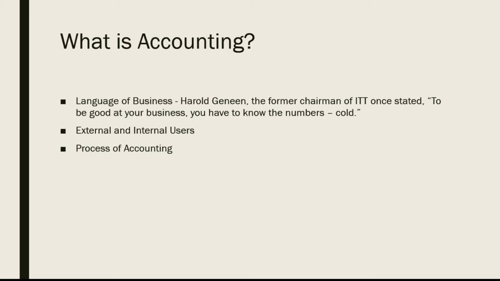There are different types of information that you can get from an accounting system. You get the operating information, which basically discusses how you track your cash, how you pay your bills, the types of cash that you've received for your sales, and changes in your financial records. And then you have financial information that communicates your financial position to banks and creditors and investors and those other external users that I mentioned previously. Then you have the managerial information, which is the internal information that is given to the managers and employees of the company for them to be able to make decisions on how to best run the company.